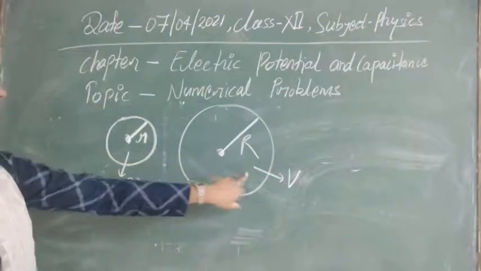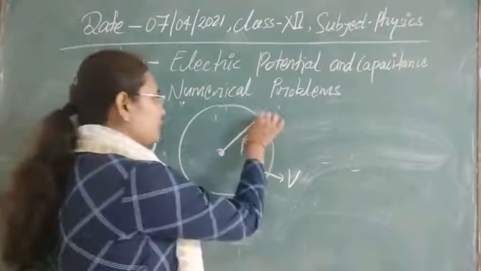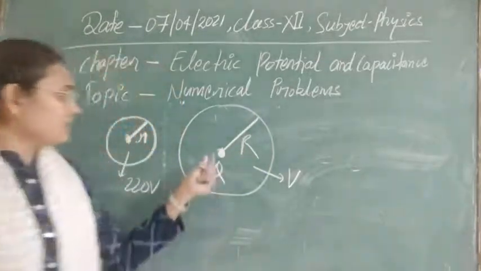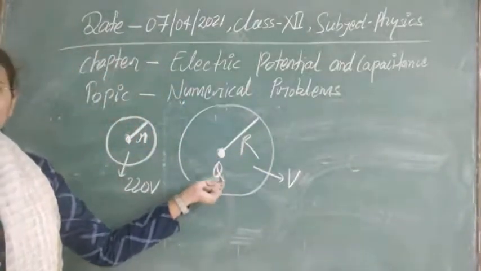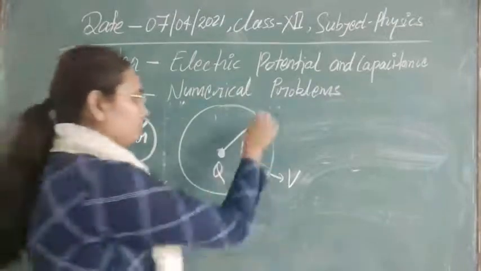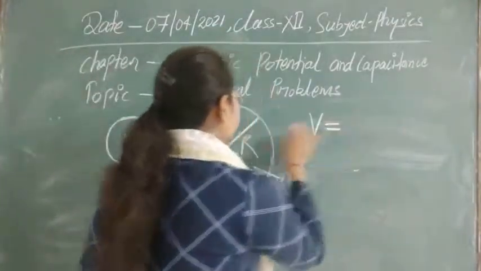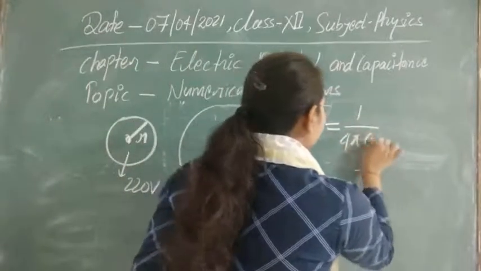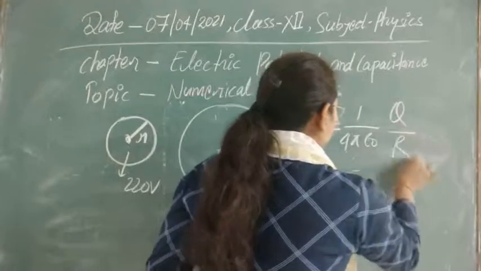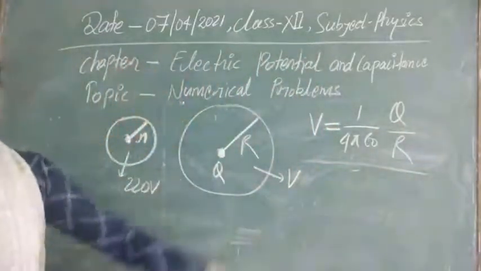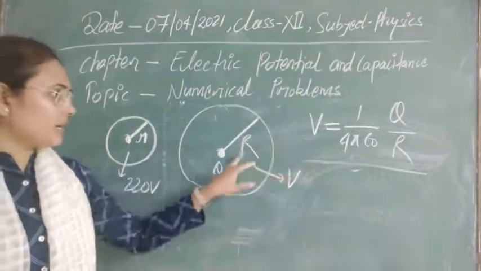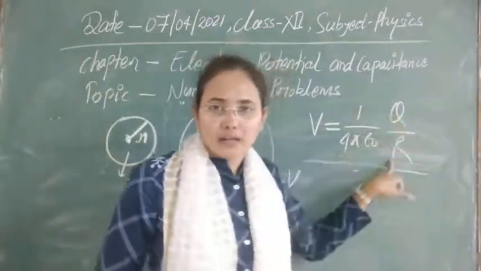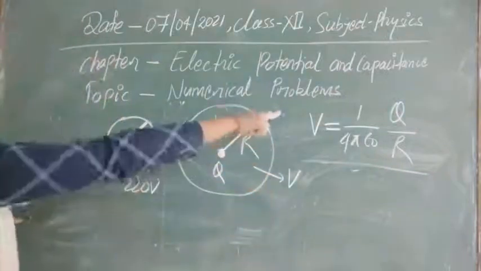To calculate the potential at the bigger drop, again we will see the same thing. Suppose the charge at the center of this bigger drop is Q. Due to that, the potential at this distance R will be equal to 1 upon 4 pi epsilon 0 times Q divided by R. So we just have to apply this formula, and for this, two terms are unknown to us, Q and R. So let's first find out Q and R here.